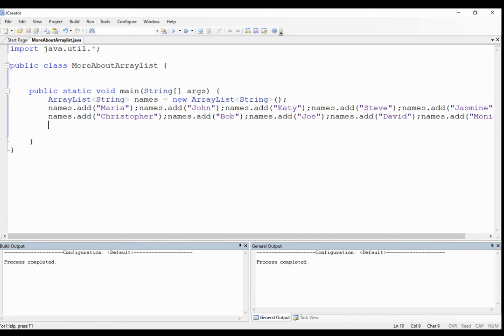Hi everyone. We're going to continue our discussion about ArrayList. In the previous lecture, we learned about the methods of ArrayList, such as add, set, remove, get, and size. In this lecture, we're going to be learning about how to manipulate an ArrayList using the loop and